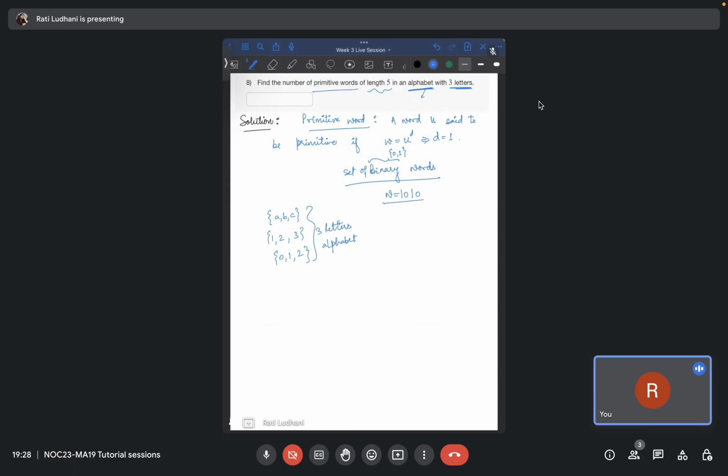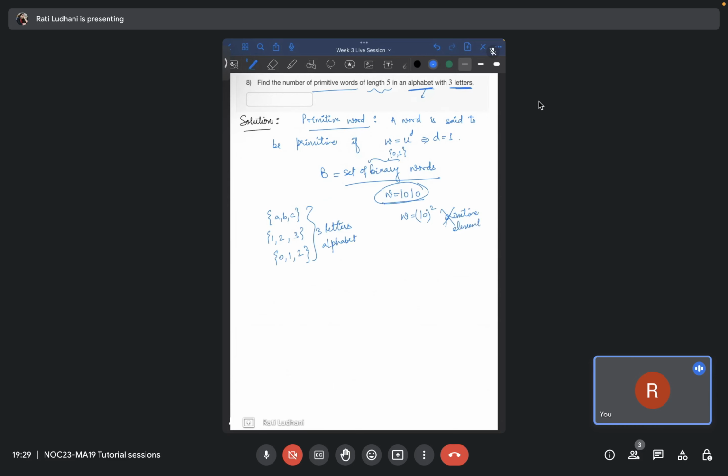Now you have w to be 1010. For example, you can have w to be 101010. Length we can restrict, but this set is in general. You can write it with W, for example, or you can write it as binary if you want. So let's write B, the set of binary words. So if you take w to be 1010, then you can write it as 10 squared. There is a repetition of 10. Then this is not a primitive element,